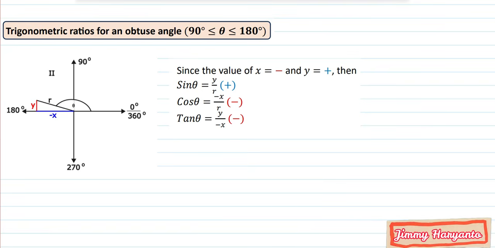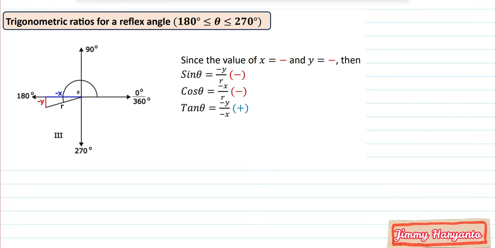And then for the second quadrant, it will be an obtuse angle. Obtuse angle lies in the second quadrant as the angle is in between 90 and 180 degrees. Okay, the image or the graph will be like that. The theta is measured from the 0 degree until the second quadrant. Yeah, because in the second quadrant the value of x is negative and the value of y is positive, that means the value of sine will be positive, the value of cos will be negative because of the x, and the value of tan will be negative because of the x also.